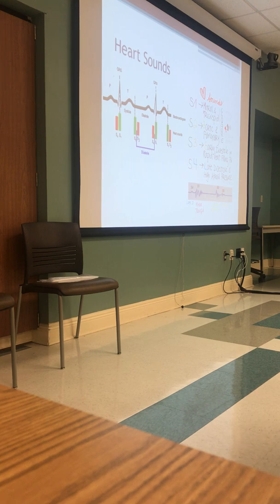So when you think about stiff ventricular wall, you want to think about a wall that's not moving. And what can give you a wall that doesn't move? An MI. So if I infarct the anterior wall, that part of my cardiac chamber is no longer contributing to contractility. If that part is not contributing, that part is stiff. Okay? When you hear an S4 sound,